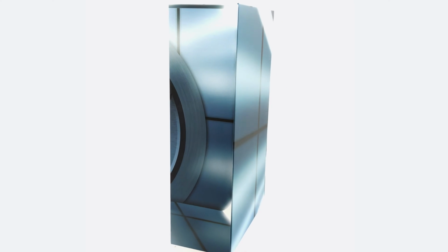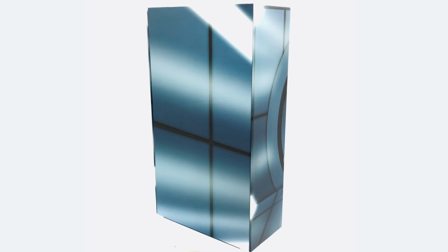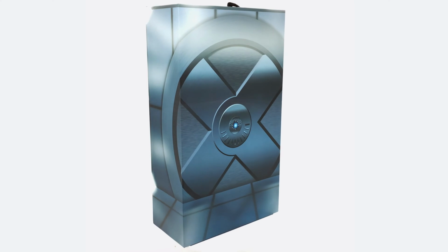So today we're going to be taking a look at the FigureMasters Magneto figure, which is meant to go alongside your Professor X from FigureMasters as well. So if you did check out my video on the Professor X, you do know that I absolutely love that